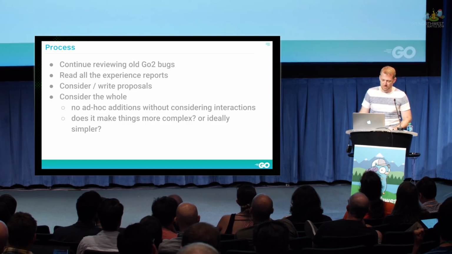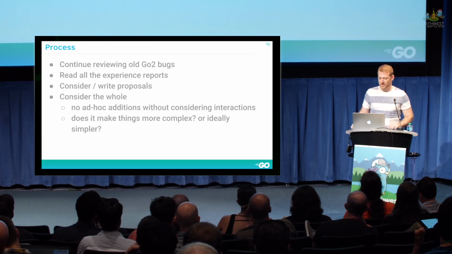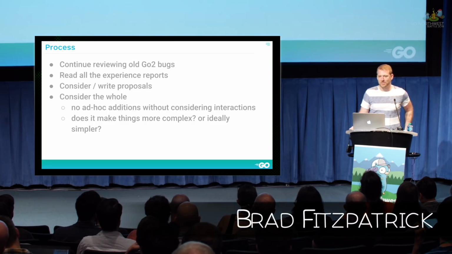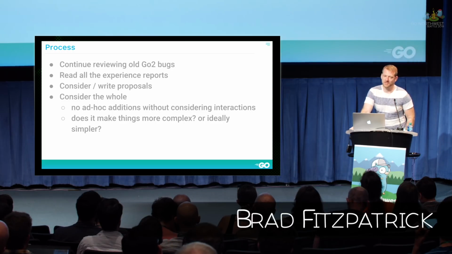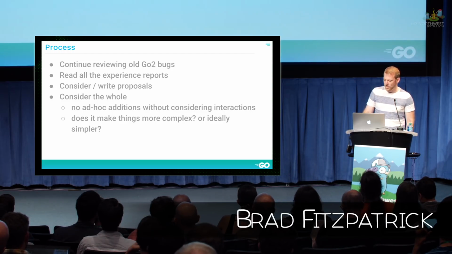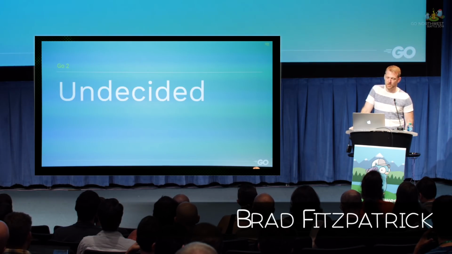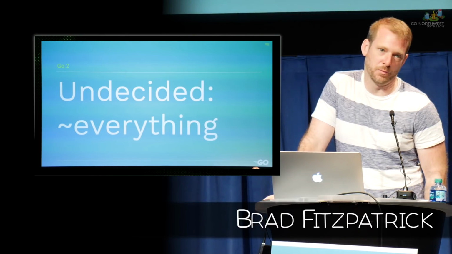I'm not going to hate on other languages. Some languages add lots of things. And it's not obvious sometimes what idiomatic code looks like in those languages because you can write in 20 different styles. So I like that Go is simple. So we've got to keep that property. In terms of what's undecided in Go, in summary, everything.